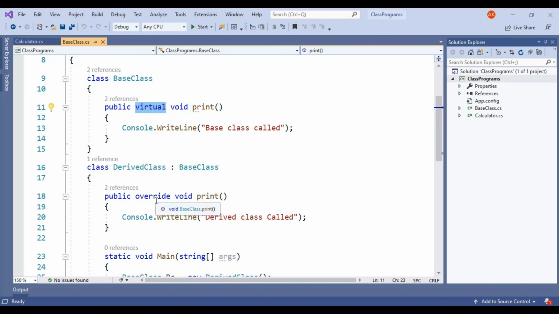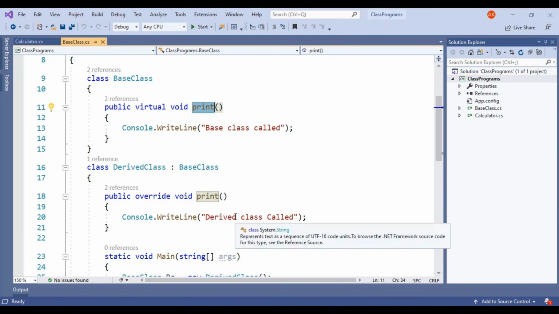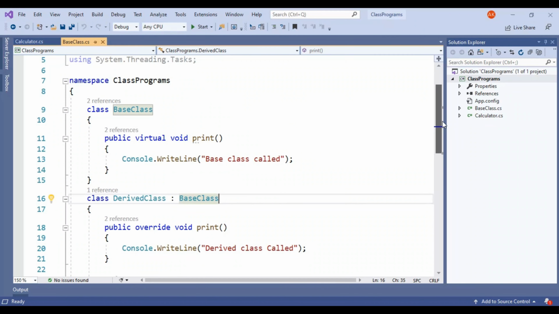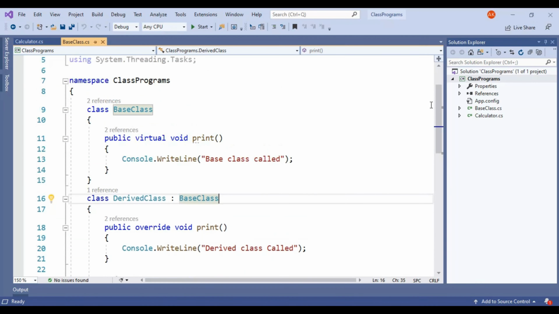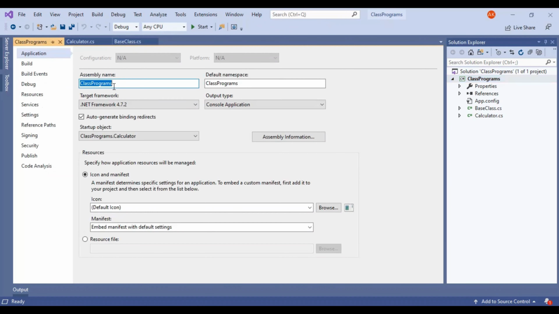Virtual, override, and the same print methods are there. Start the project, derive class, save it, and run this.